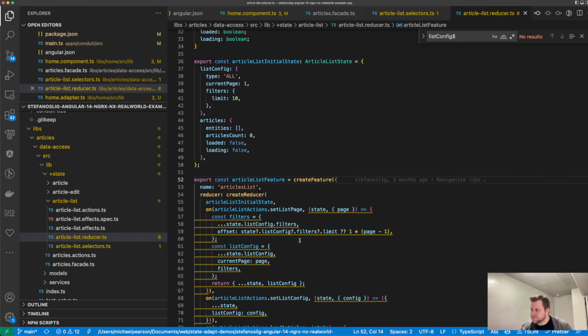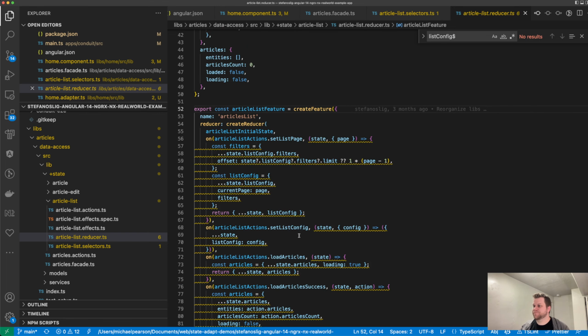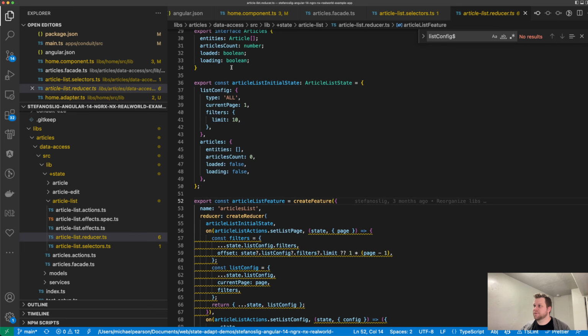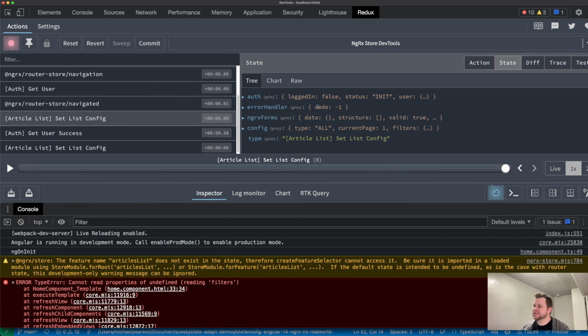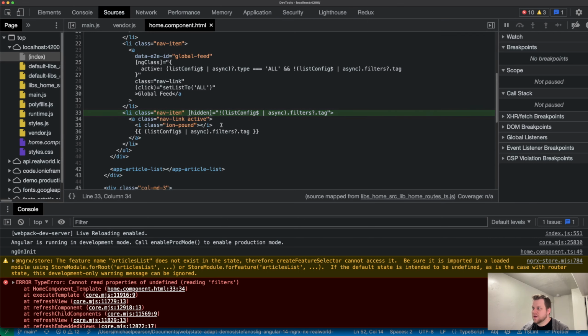Anyway, list config. So it's a top level thing. And okay, so why is it list config dot filters? Like from the beginning it should be defined. So all this is one. So if there are now tag filters,